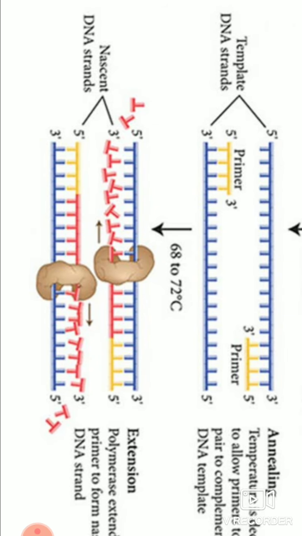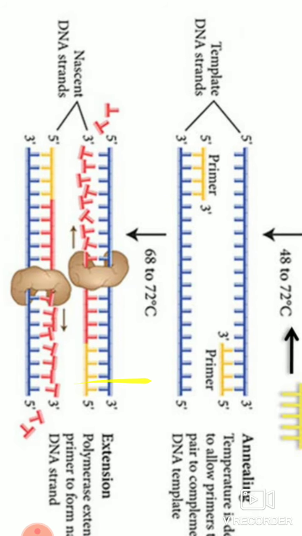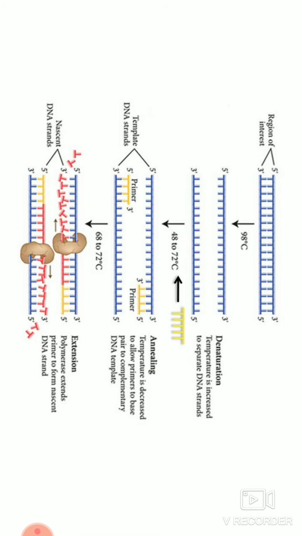The drawback of this Taq polymerase is low replication fidelity. It lacks a 3' to 5' exonuclease proofreading and has an error rate of about 1 in 9000 nucleotides. So now you have come across 3 steps, that is, the second step, denaturation, annealing, and then extension. These denaturation, annealing, and extension steps are repeated in a number of cycles, a minimum of around 30 cycles, to get a final product like this.